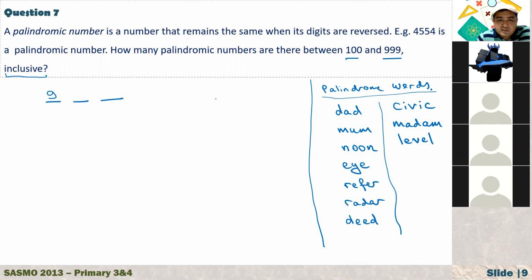Sadiq, if I ask you how many 2-digit numbers do we have, how do you count it? Can you ask again? If I ask you how many 2-digit numbers are there, how do you answer this question? I should say what is a 2-digit number? No, I'm asking you how many 2-digit numbers are there? 99. Are you sure?